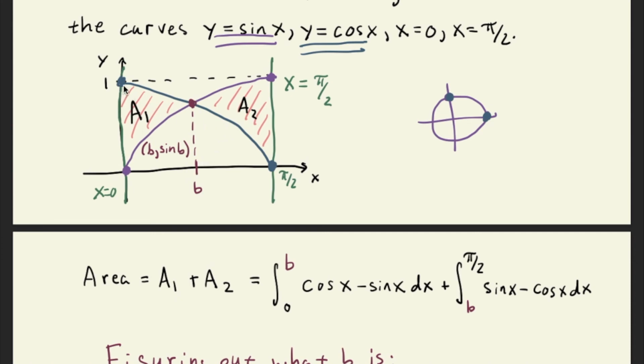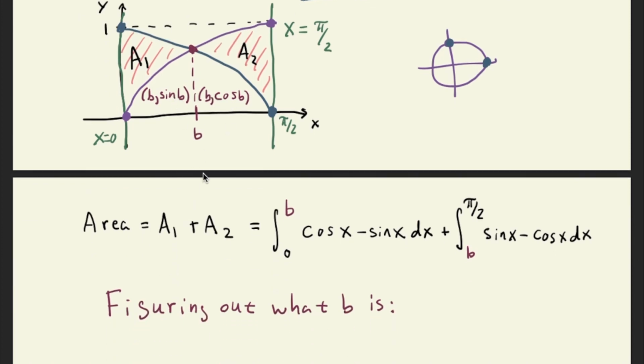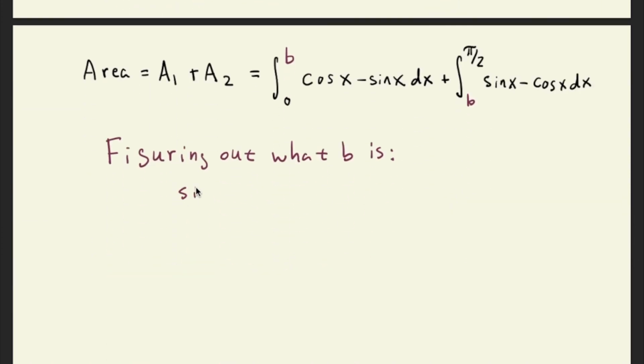But this red point is also on this blue curve, given by y equals cosine of x. So b is the x-coordinate, and the y-coordinate, because it's on the blue curve, is equal to cosine of b as well. But these are two ways of writing exactly the same point, which means that these y-coordinates are the same. So b has to satisfy this equation: sine of b is equal to cosine of b,